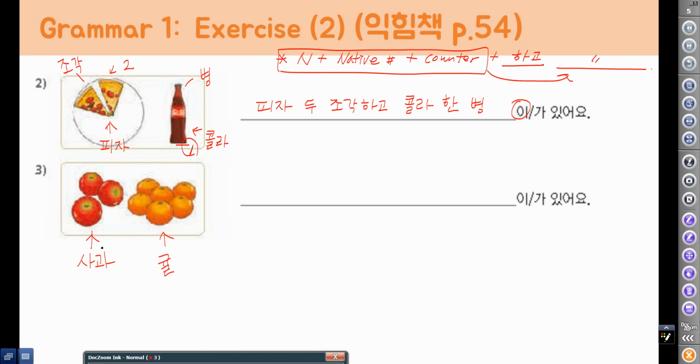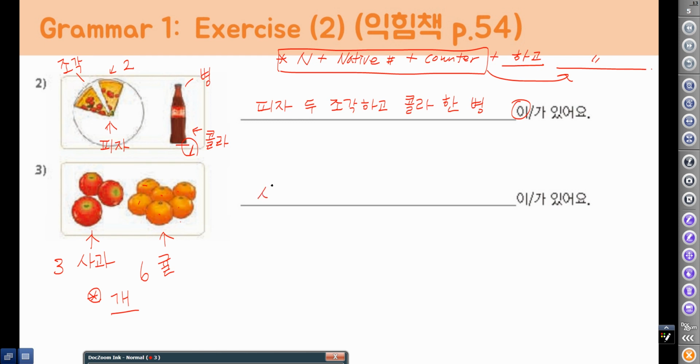So here, how many apples? 3. How many tangerines? 6. Right? And then which counter do you use? Most commonly use the 개 counter. Okay, so